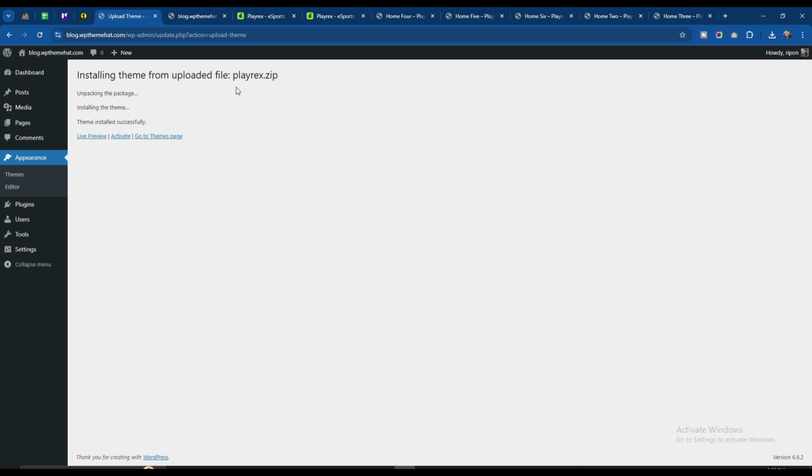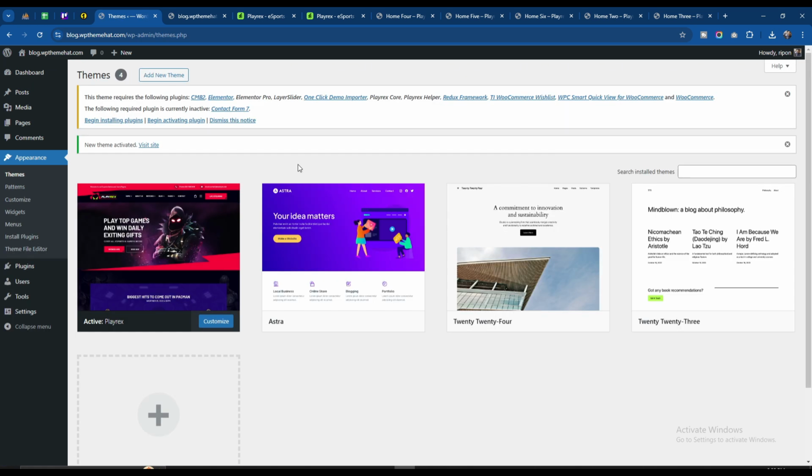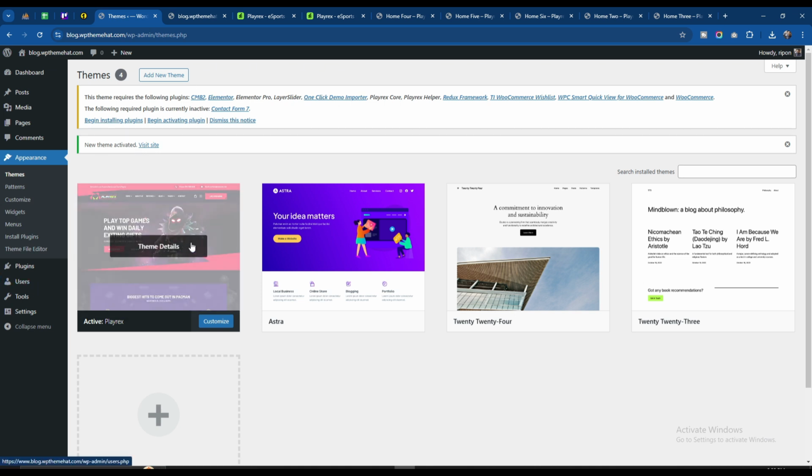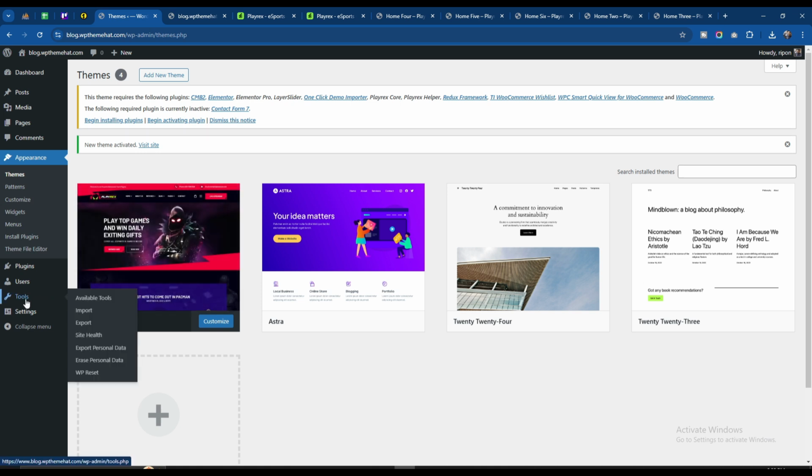So the theme has been successfully installed. We need to click on the activate button now. Yeah, so as you can see, the theme has been successfully activated, and there's the plugin that we need to install here. And one more very important thing before doing anything, you need to go here to tools, and you can